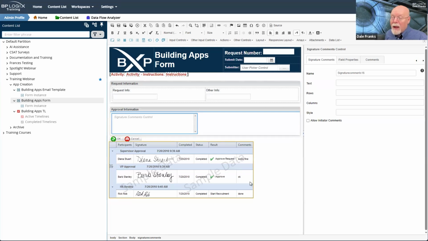You're going to have to remind me, by the way, when we get to knowledge use, about how we're actually going to pull this data back out, because one of the most common questions is, okay, well, I've pulled my knowledge view and it's returning form instances, and I went to the form fields and it doesn't show my approval or my signature comments control. That is correct. It does not.